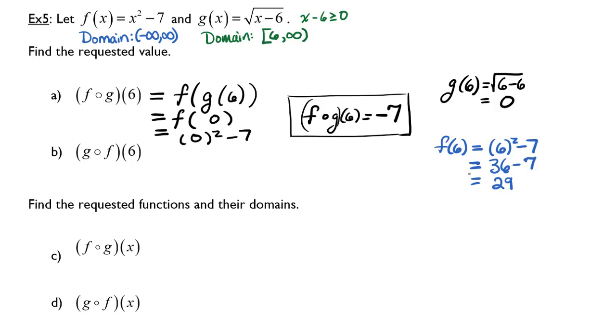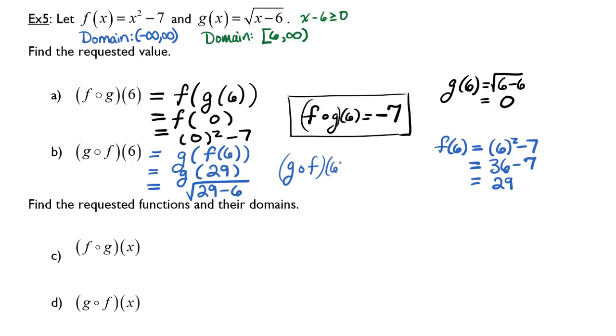Then, if I substitute that into g of x, I have g of f of 6 is equal to g of 29, and g of 29 is equal to the square root of 29 minus 6. If I simplify 29 minus 6, I get g of f of 6 is equal to the square root of